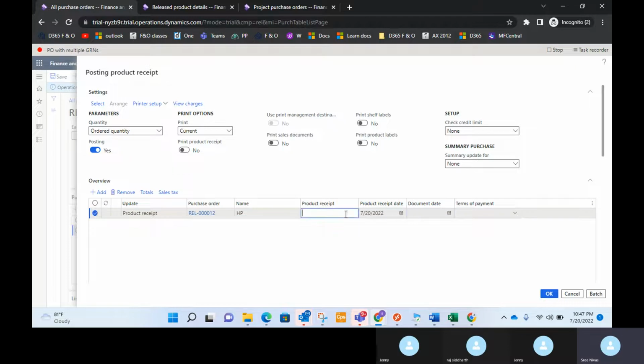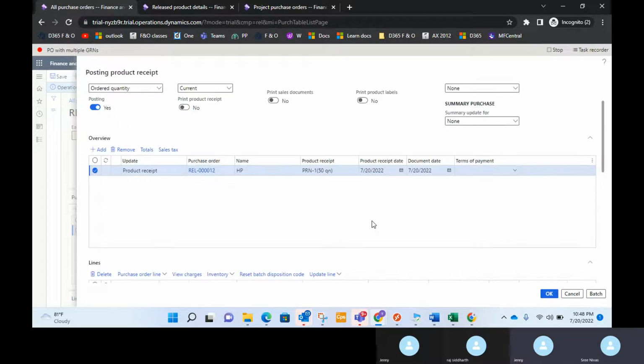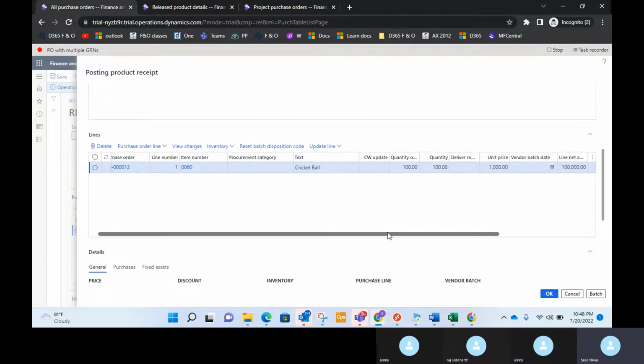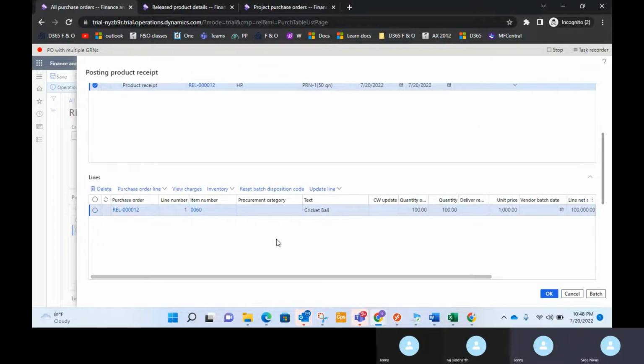We'll give you the product receipt as a PRN1 50 quantity. Document date will give today's date. Yes, I was checking why this line was not shown. It was not showing before, right? So now it has appeared. So we need to select ordered quantity only. Yeah, so let it be. It's okay. This is the ordered quantity. This is a PRN quantity. Yes. So here, for example,